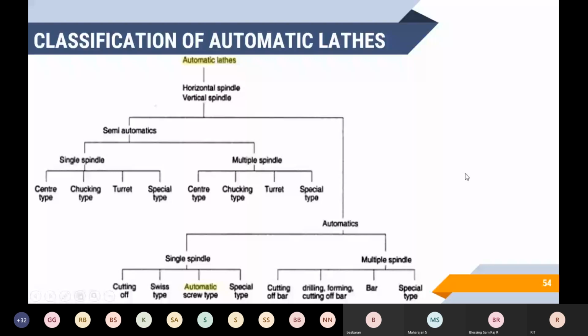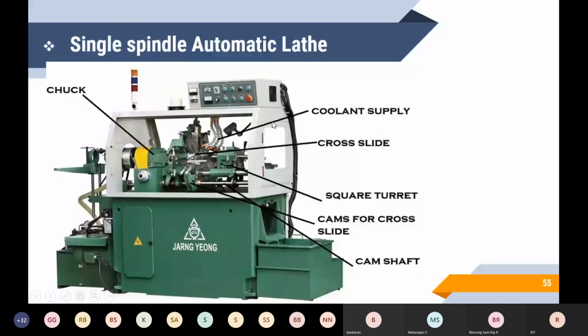Single spindle automatic lathe is a modified form of the turret lathe only. These machines have a 6-station turret, with a maximum of 4 cross slides for machining a single job at the same time. In general, to use more than one tool in a turret station, the external threading is usually carried out by threading cutting attachments. Those arrangements are inside of that. You see the chuck, coolant supply, cross slides, stoppers, cams and camshaft. That is controlled by the control panel. It's fully automatic. There is no need for manual coolant on/off, tool changing, or job changing. Everything is automatic.